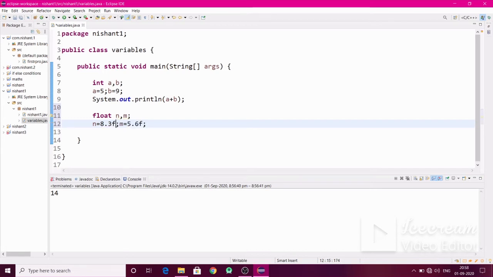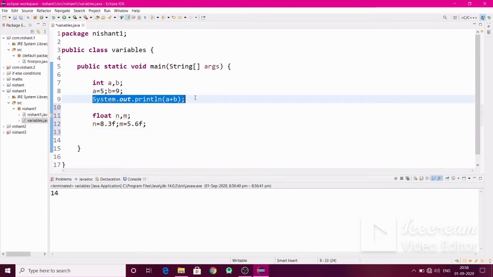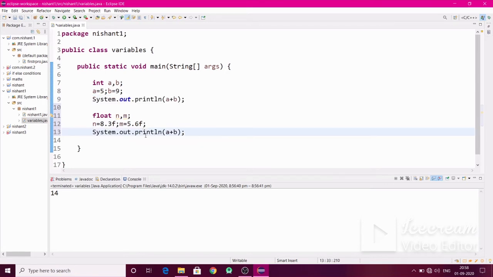This indicates that this numerical value is for a float variable, and then the error goes. Similarly we will print it and check if it is working or not. So here we will add n plus m and let's run the program. Here you will see the addition is printed.